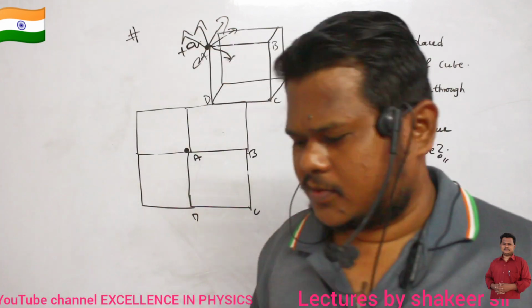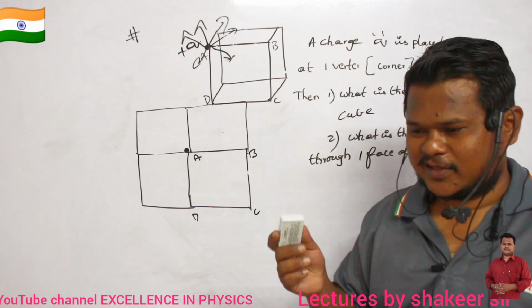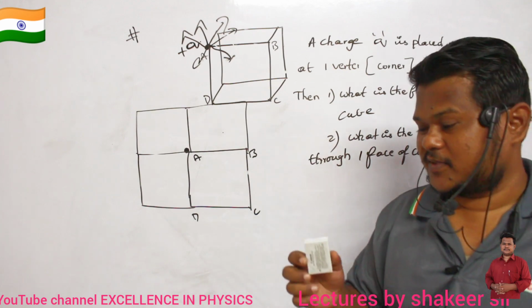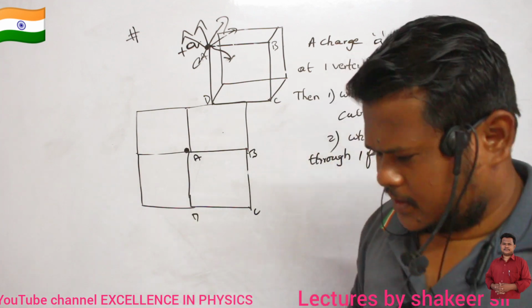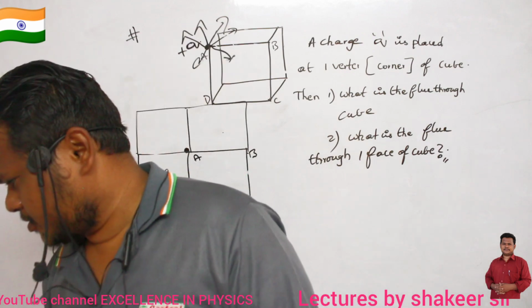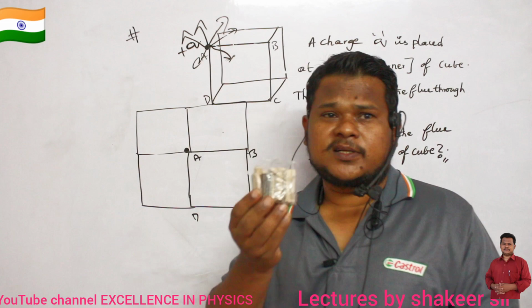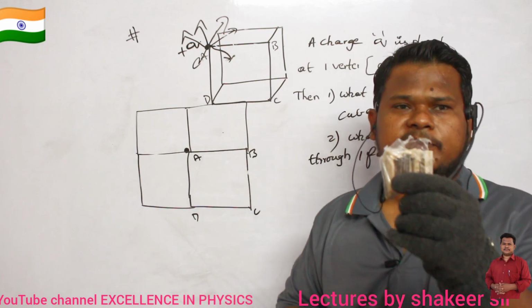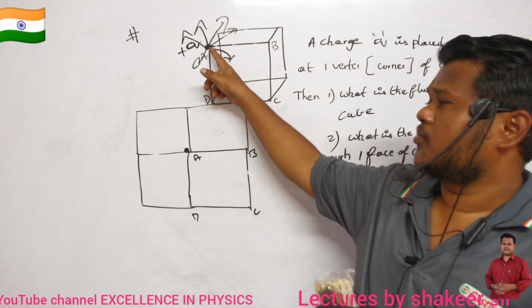Listen carefully. If you are not listening properly, you cannot understand this one. Consider this is a cube. Are you able to see this one? Or better, a square type of body is not present here. So consider this is a square, this is a cube. Clear? So at the starting edge of the cube, we have this charge Q naught.